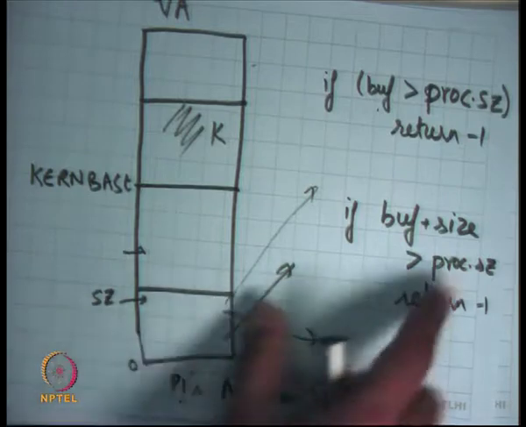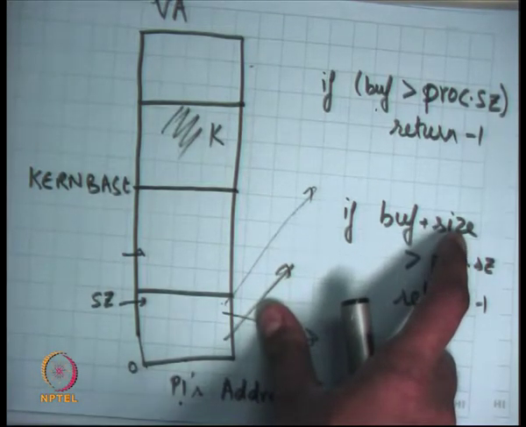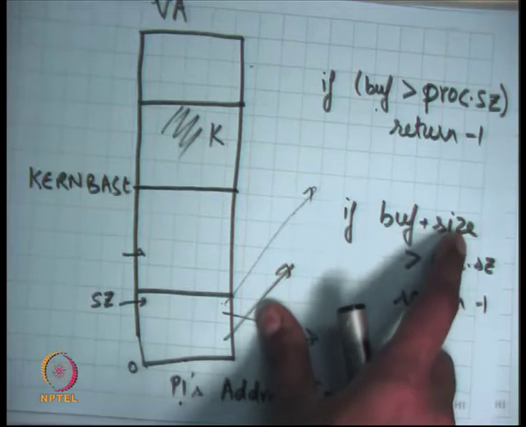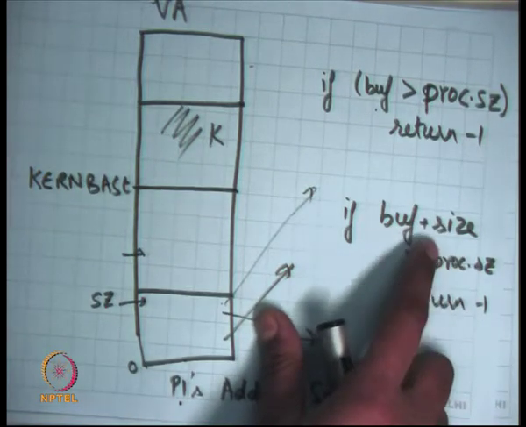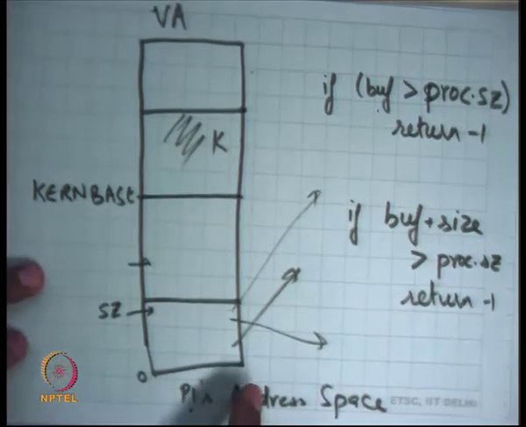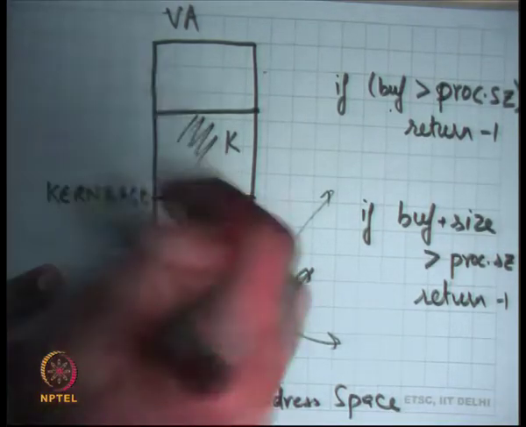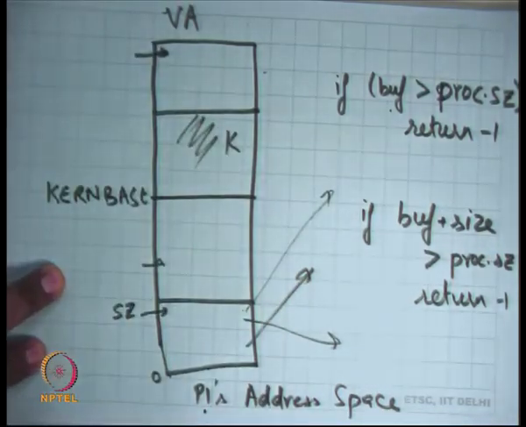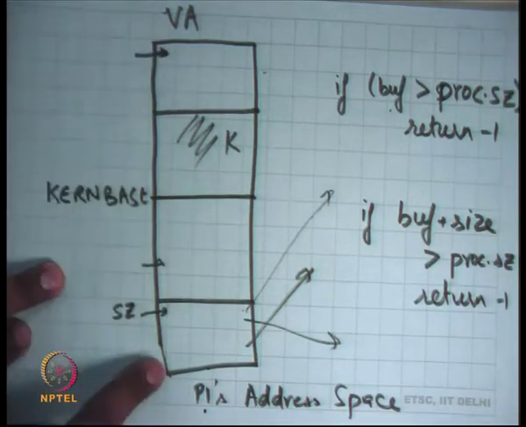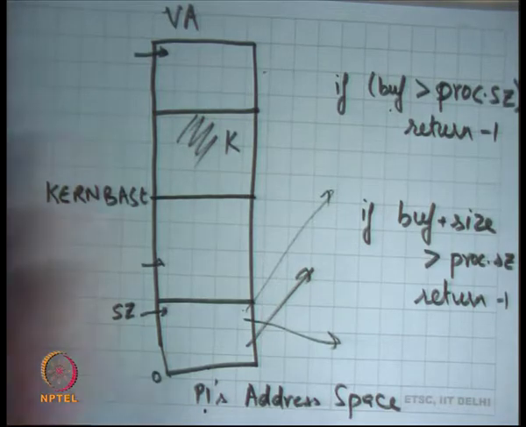Firstly, just assume that size is an unsigned integer, not a signed integer. Is this correct? There's one answer which says it may cycle back actually. What the programmer can do is give a buff here, and so buff plus size will be somewhere here, because it's a 32-bit number, so it will just wrap around and come here. So you're going to check, oh, buff plus size is less than size, and you're going to start dereferencing it, and that's an error.